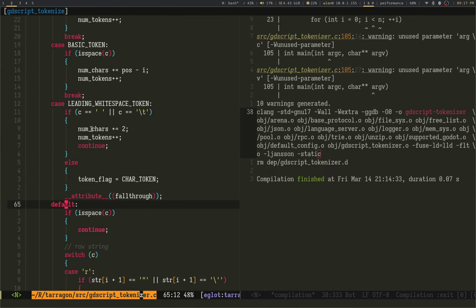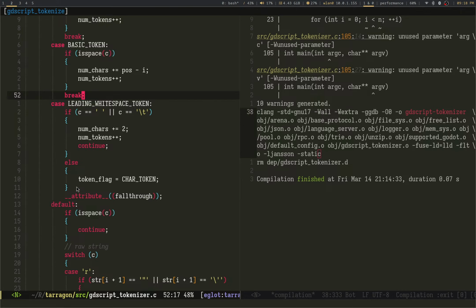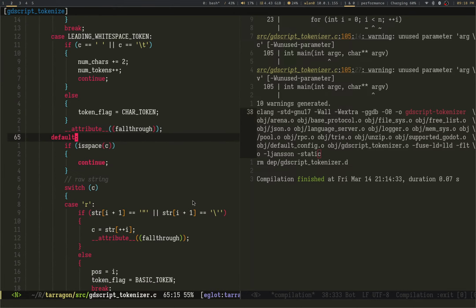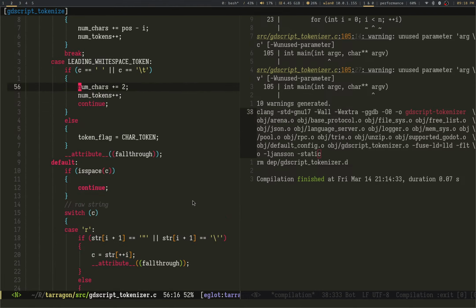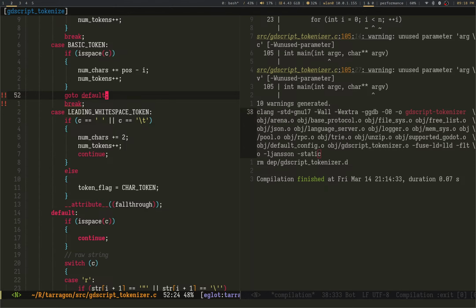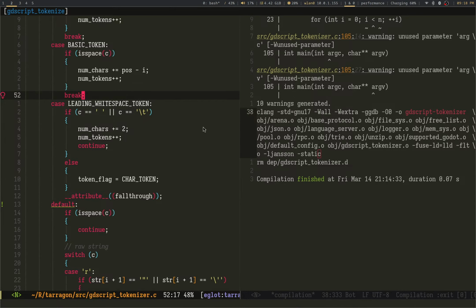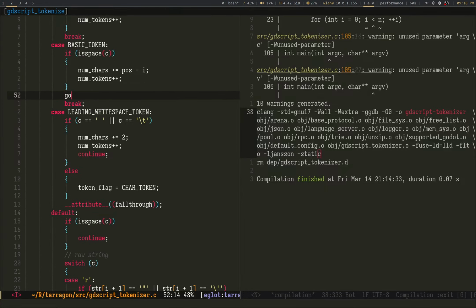I mean default. But unfortunately this is in the way because I also want it to fall through to there. However, I might be able to. Why can't I do this? Fine.